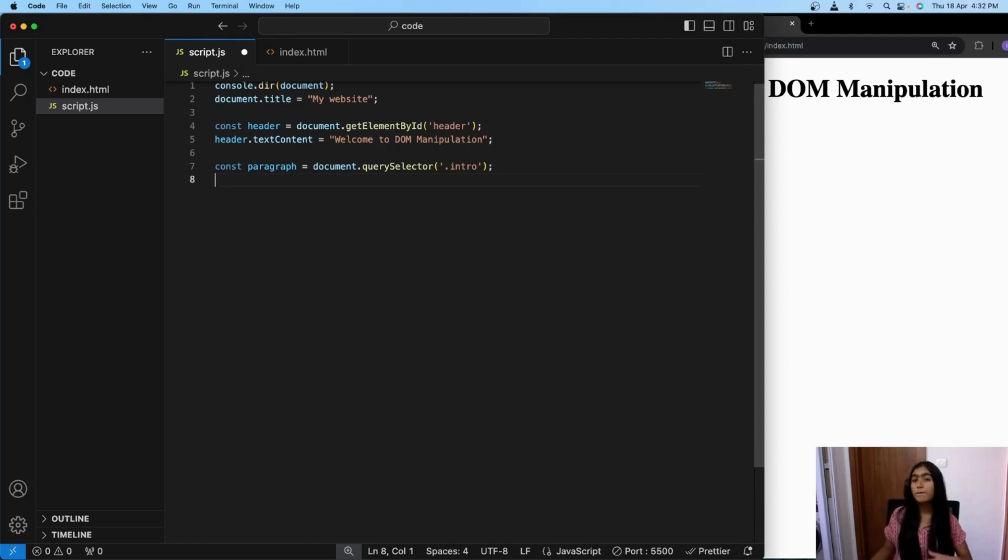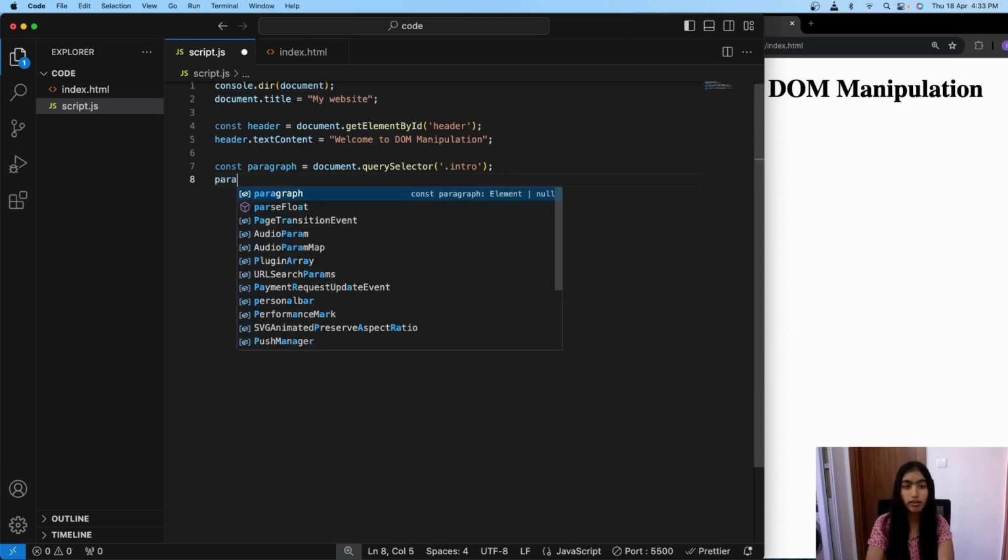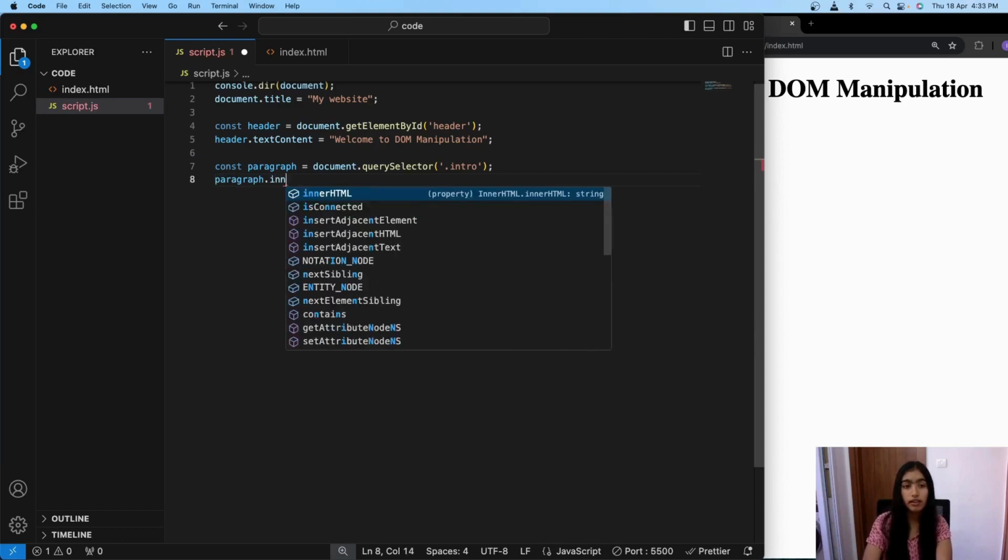Now we have to change it. We can obviously change it by using textContent. We can also change it by using innerHTML. This allows us to change the styling and the way it looks, basically the code and everything. For example, let me show you: paragraph.innerHTML.